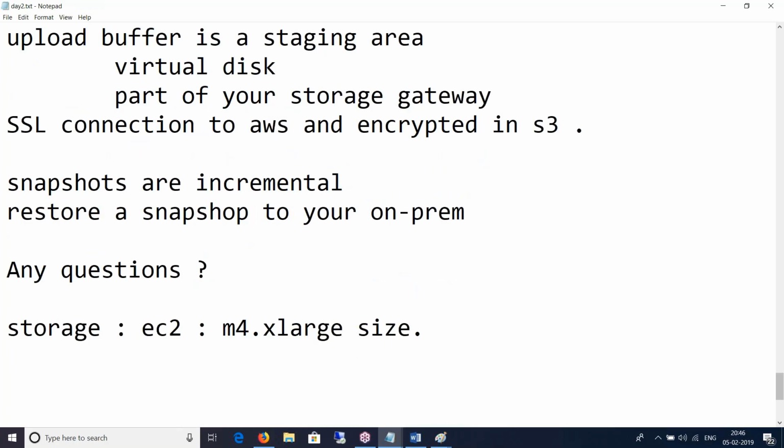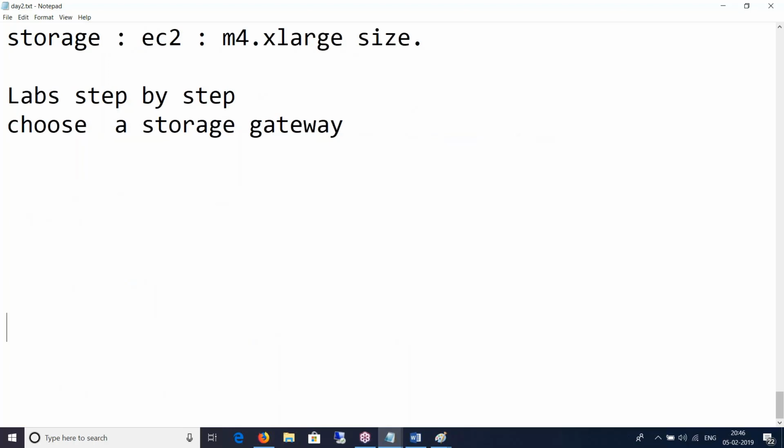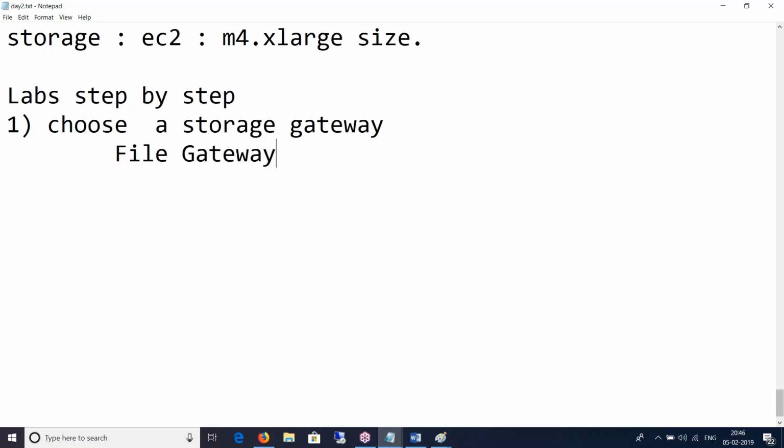So what do you need? You need to create, or let's say you choose, a storage gateway. I'm going to make those labs step by step. Number one, you choose a storage gateway, and we know that there are three kinds of storage gateway, and we'll experiment with file gateway.